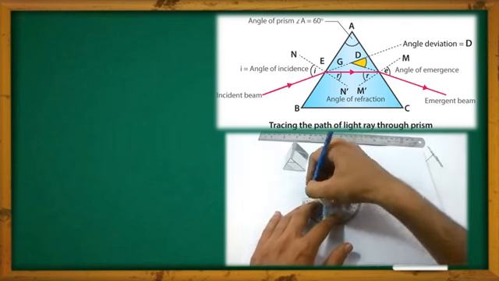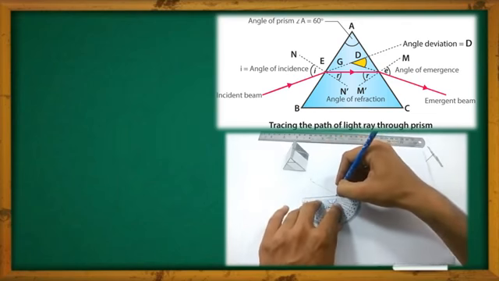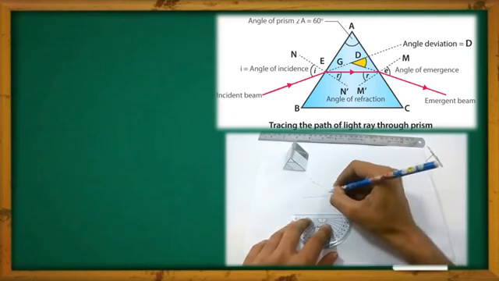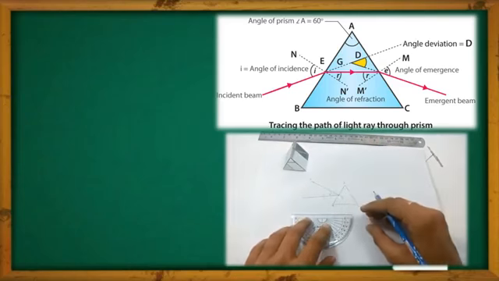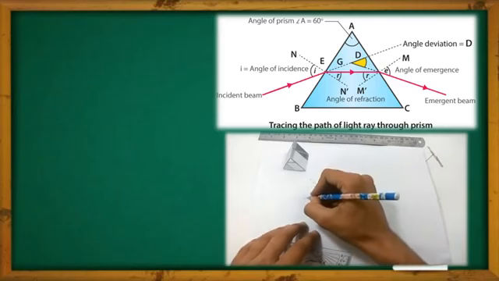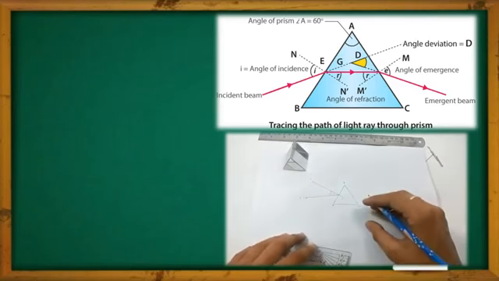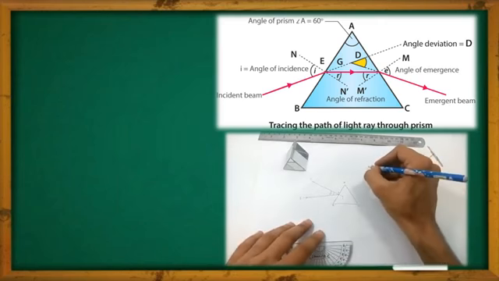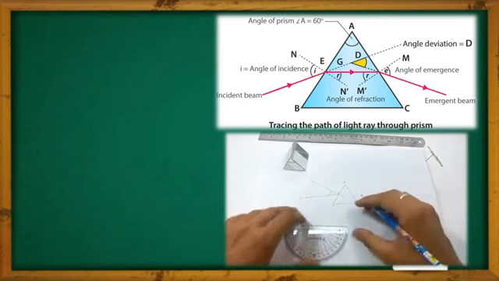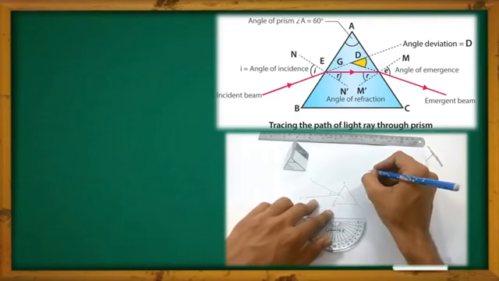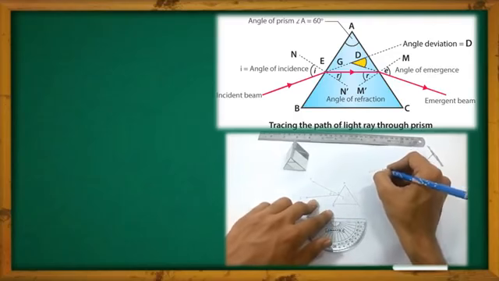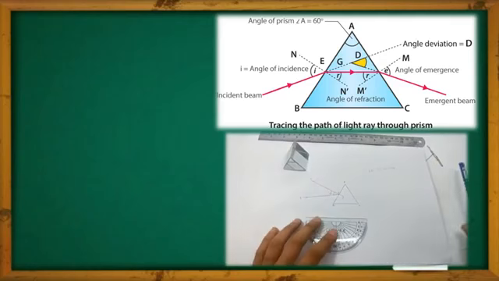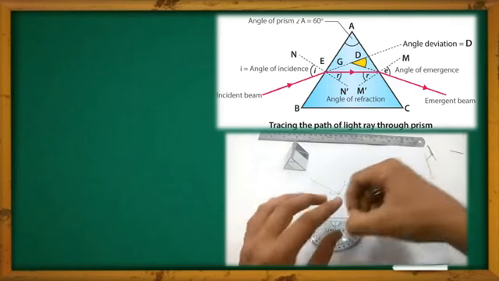Maybe you can choose 60, 45, whatever is up to your choice. For our reference, any angle you can choose. Now you can see that is our angle of incidence. In this direction we have to make our light incident. See the angle between the normal and that incident ray we are taking, that is the angle of incidence. You can take it as any angle as per your choice.